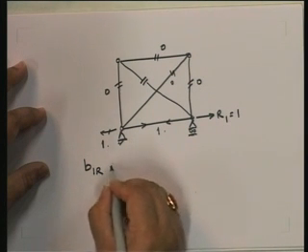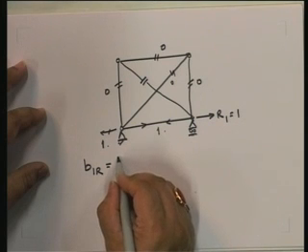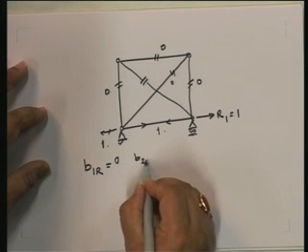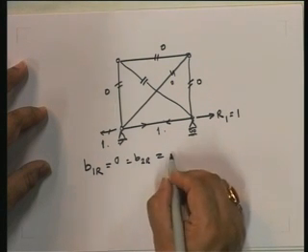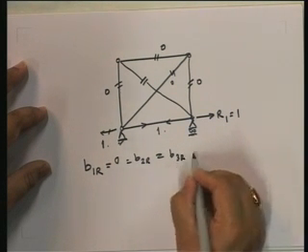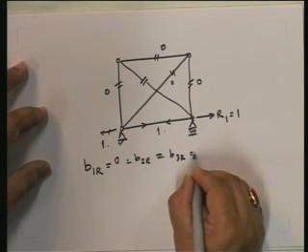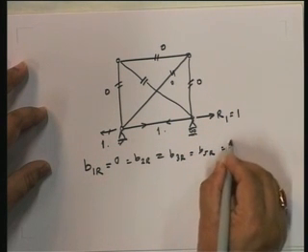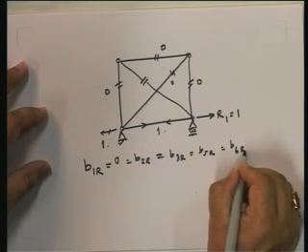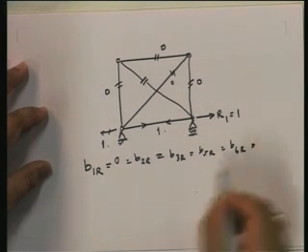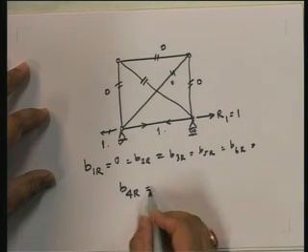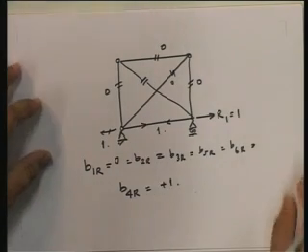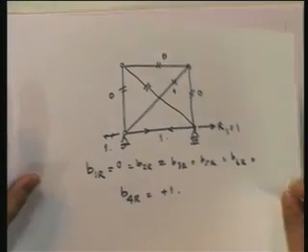So B1R is equal to 0, B2R is equal to 0, B3R is equal to 0, B5R is equal to 0, and B6R is equal to 0. All of them are equal to 0. The only thing that you have is B4R, which is equal to plus 1. Similarly, what you do is you find out